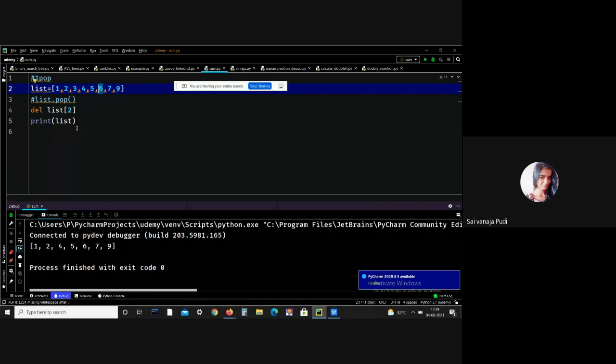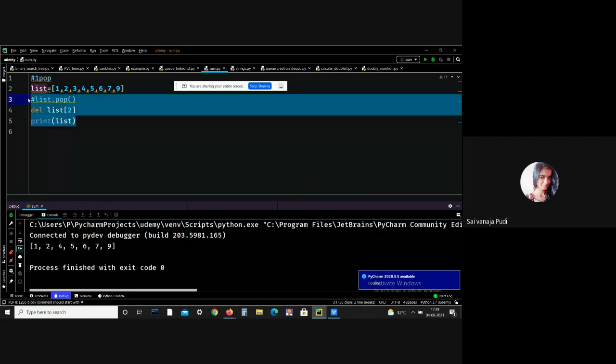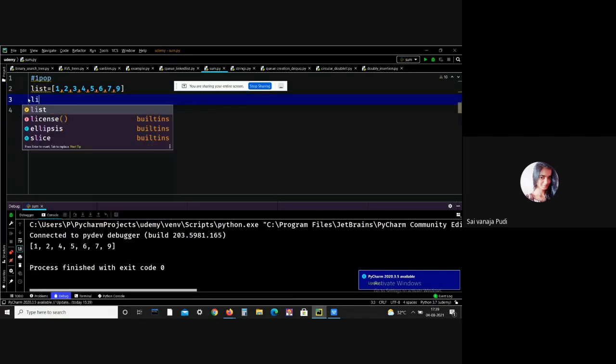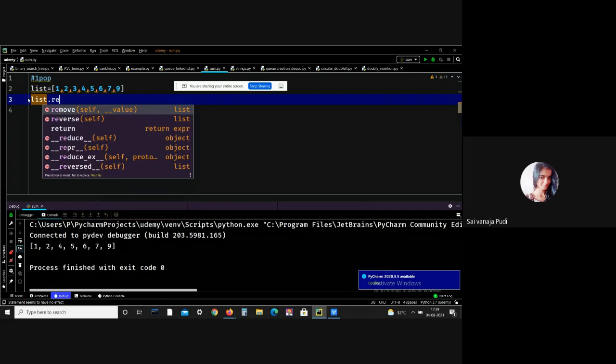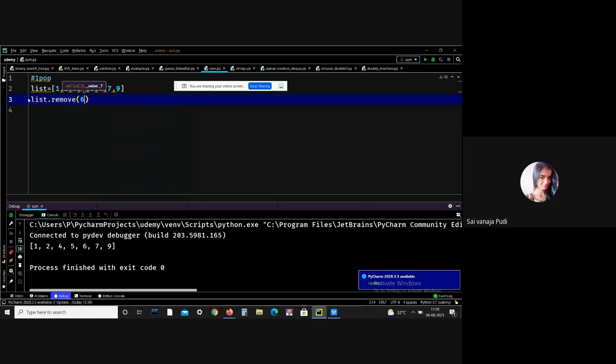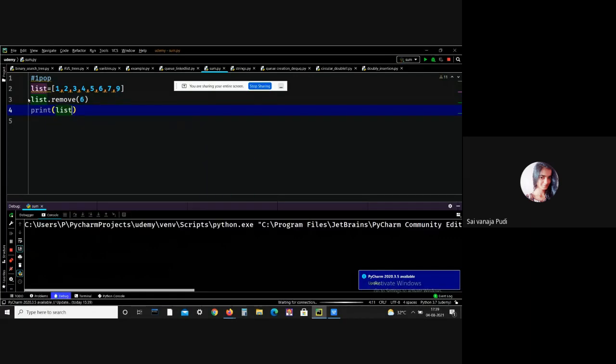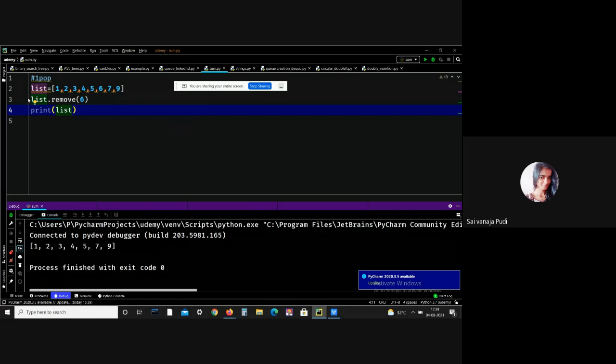You don't need to give an index or anything else. I just want to remove element 6, print list. See, the element 6 is perfectly removed. This is all about the pop, delete and remove methods.